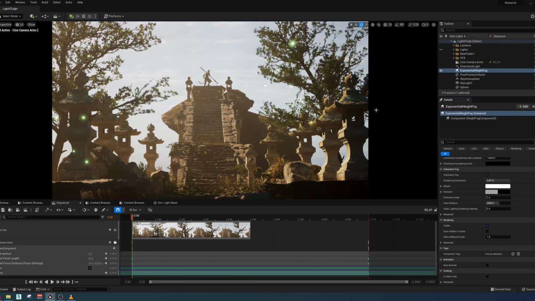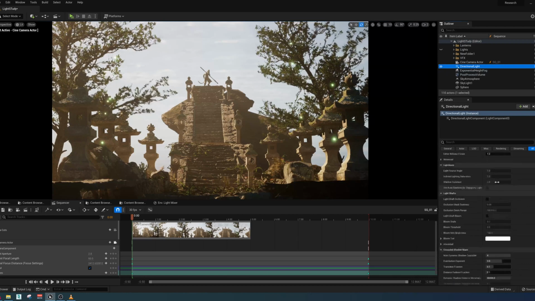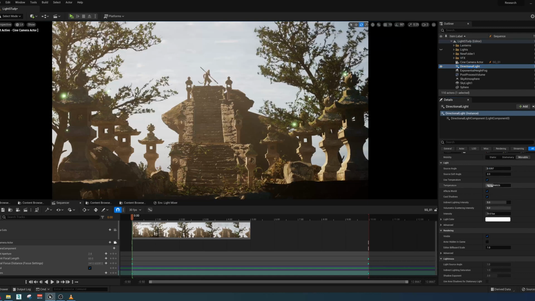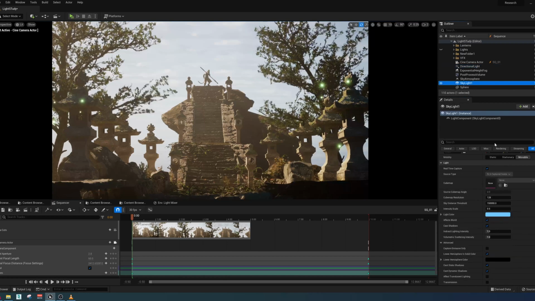And also another thing, if you go to directional light and enable temperature or just change the color, you are going to change your scene mood, for example, like this. You see? And if I put it something like this, which is a very warm color, the next thing I do is go to the skylight and put it to blue so it can complement the sun color. So if the sun is a warm color and the highlights of your object are warm, you want the shadows to be a bit bluish,